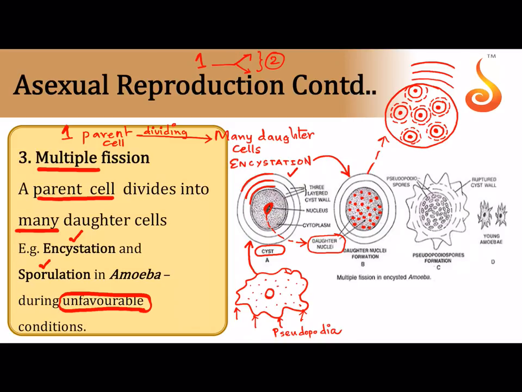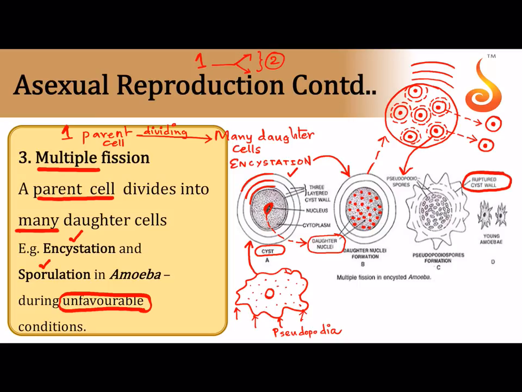And then, when the conditions are favorable, see how the cyst wall is rupturing. Isn't it? The cyst wall will break. And what do we call these daughter cells that are formed? They are called pseudopodiospores. And when the cyst wall breaks, these daughter cells are set free. They come out of the amoeba, of the parent. Now the parent is no longer existent. It's living through the daughters now. Now each of these cells grow to become adult amoebae.